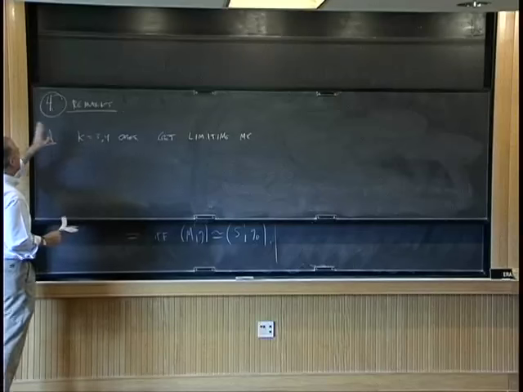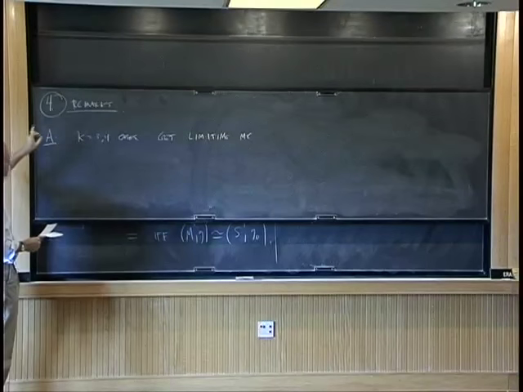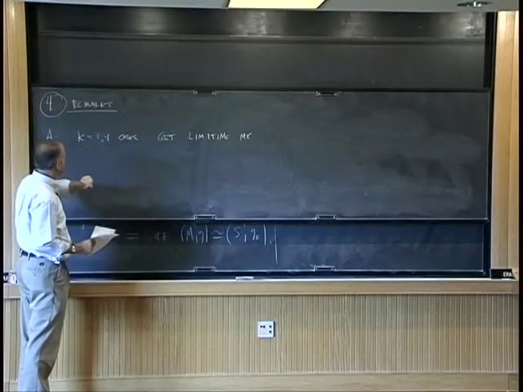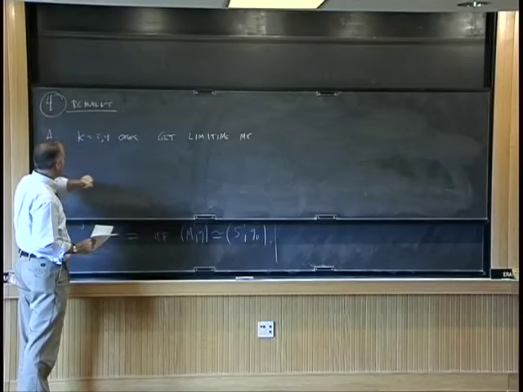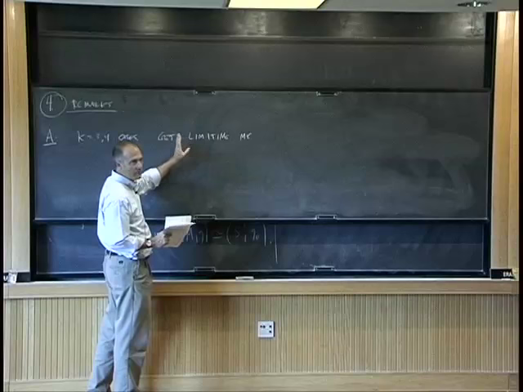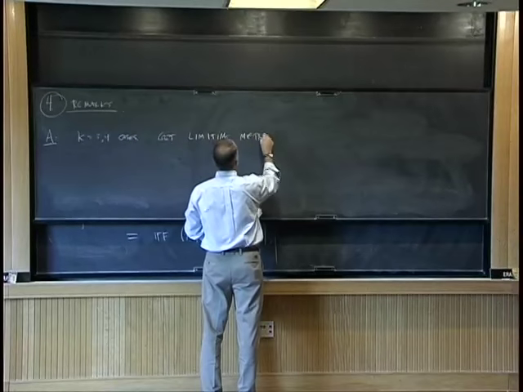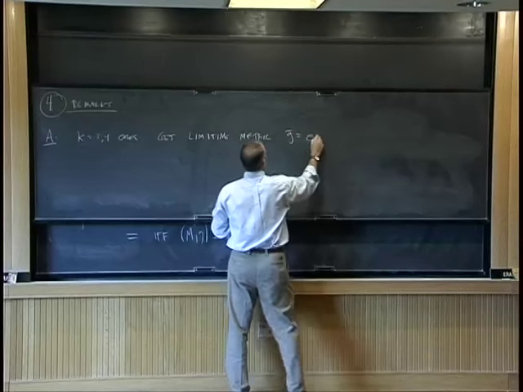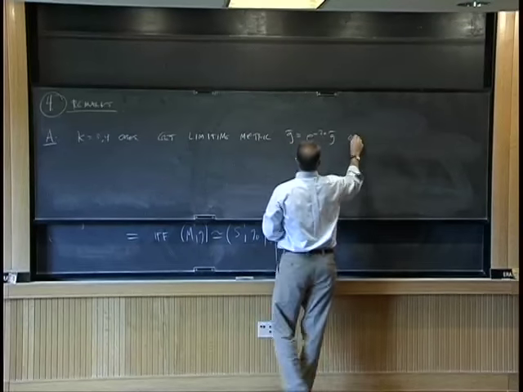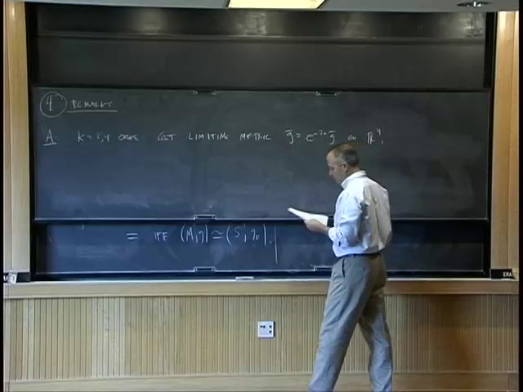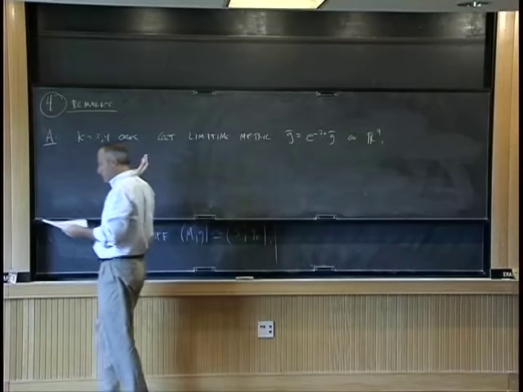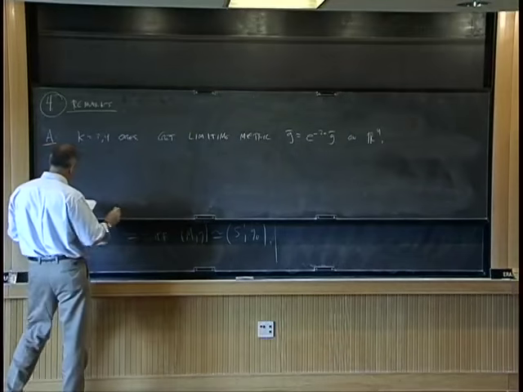Okay, so let me begin with a few remarks on the proof, and in particular say a couple words about the k equals 3 and 4 cases. So you go through the argument at the beginning just the same, and you're getting a limiting metric, just as you did before,